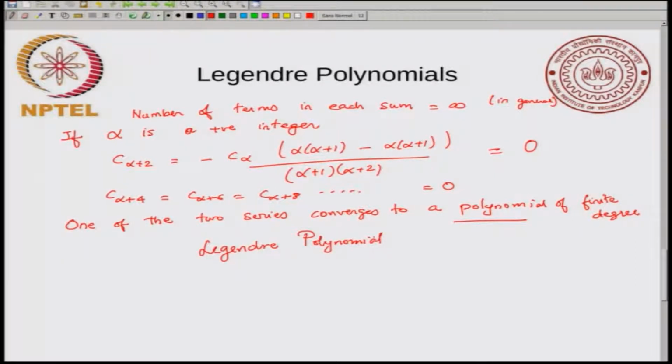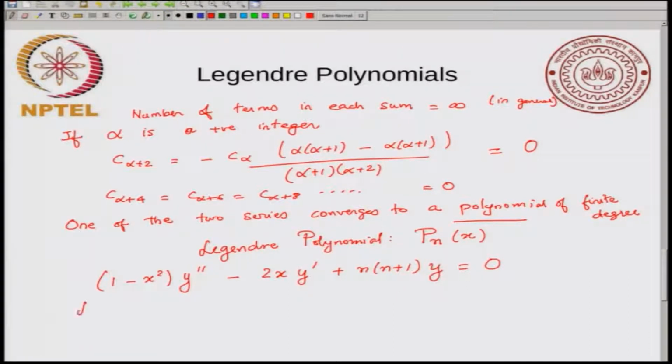So what is the Legendre polynomial? The symbol used is Pn of x. Pn is the symbol for the Legendre polynomial, and n is the degree of the polynomial. So that means the Legendre polynomial Pn is a solution of the differential equation 1 minus x squared y double prime minus 2x y prime plus n times n plus 1 y equal to 0. So the solution of this differential equation,